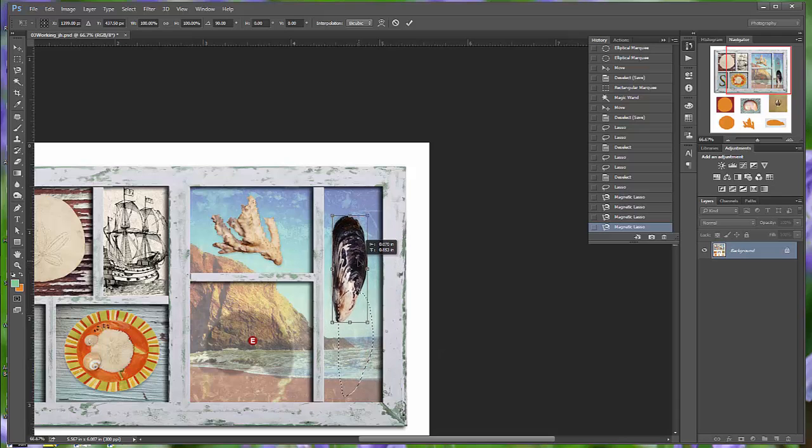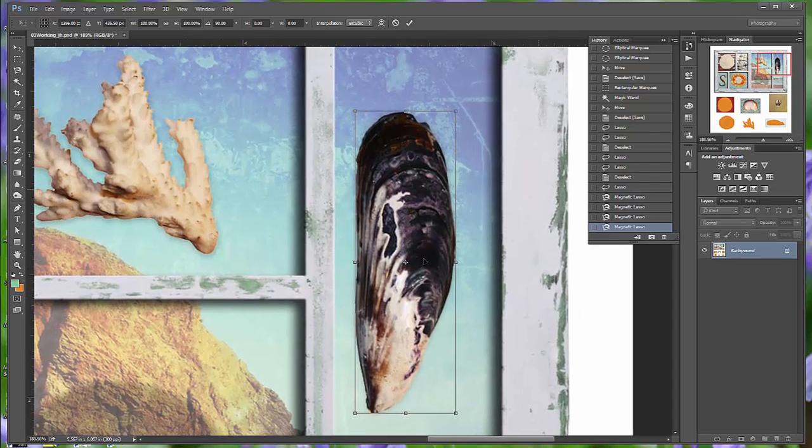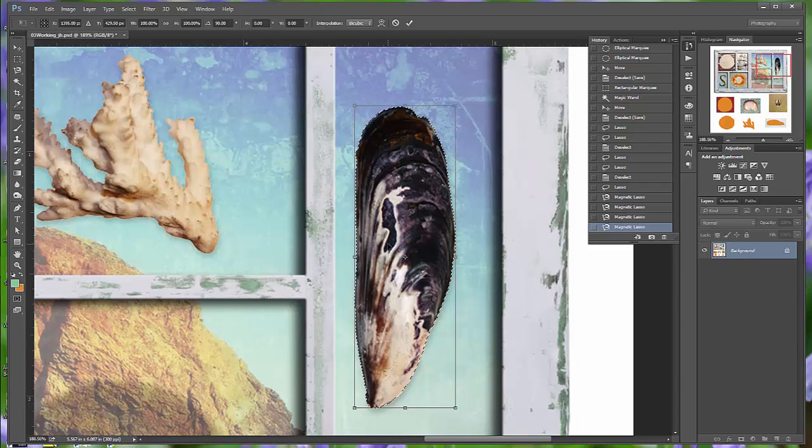I know my marquee kind of gets lost. It doesn't move as fast as the selection does. So I can position my muscle where I would like it after I've rotated it. When I have moved it around, remember you can use the arrow keys on your keyboard to move it around. As soon as I've got it placed where I would like it and it's leaving a slight drop shadow again,